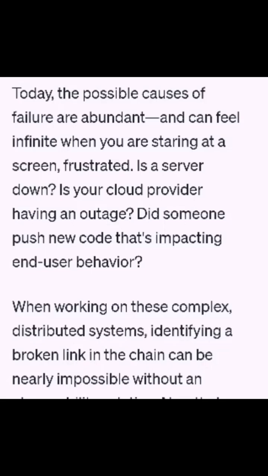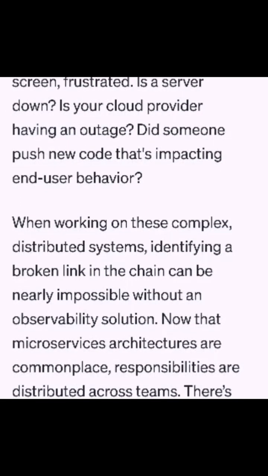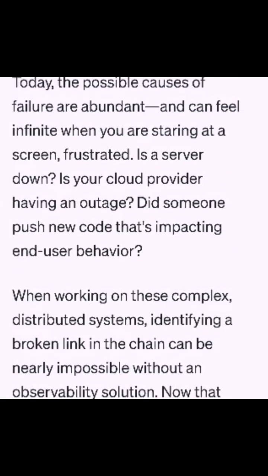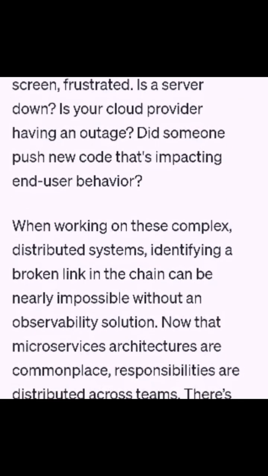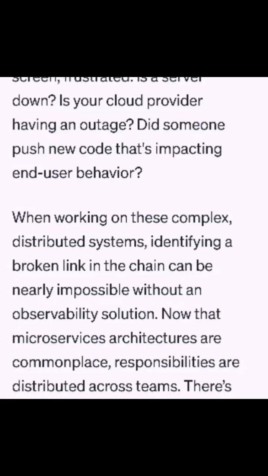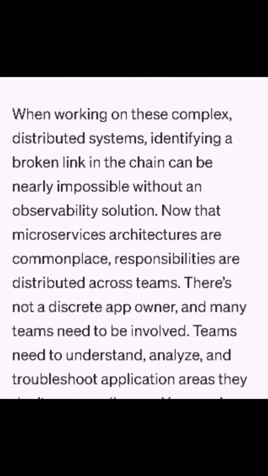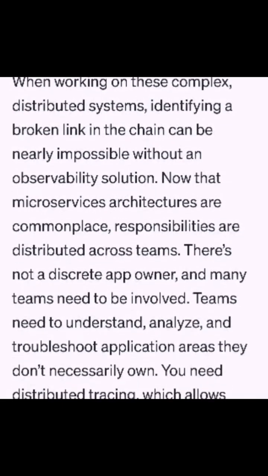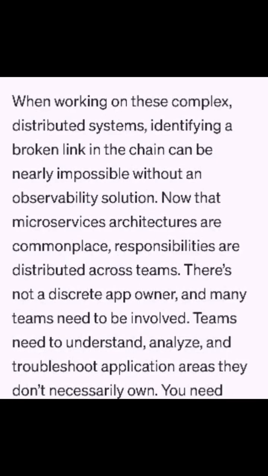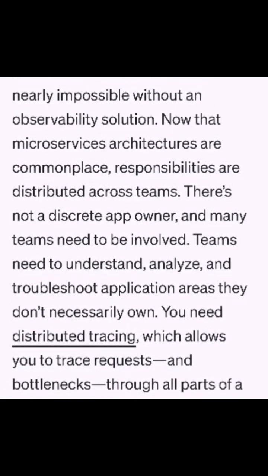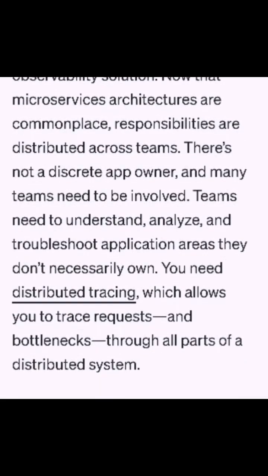Today, the possible causes of failure are abundant and can feel infinite when you are staring at a screen, frustrated. Is a server down? Is your cloud provider having an outage? Did someone push new code that's impacting end user behavior? When working on these complex distributed systems, identifying a broken link in the chain can be nearly impossible without an